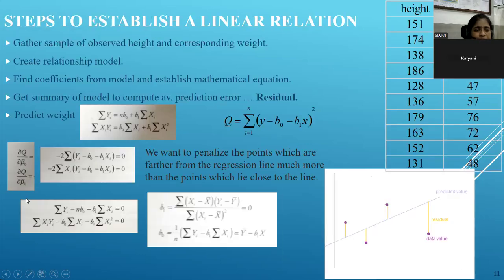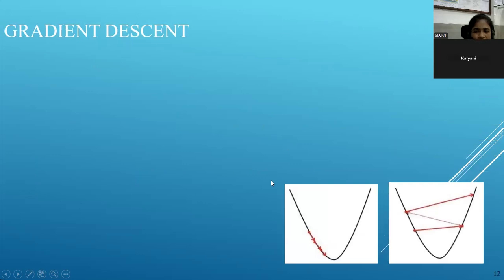Then this partial derivative that we were talking about, that is calculated using the gradient descent method. So I don't know whether you people have checked this out earlier. This is something like I have a huge bowl and I drop a ball, और इस ball को अगर बहुत fast we will drop down, so maybe I lose this point which is a minima. If I drop this ball very slowly, then I might take a lot of time to reach the minimum. So that is why we have this gradient descent method, which has